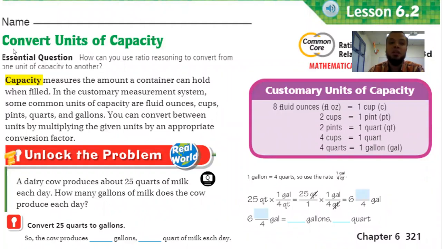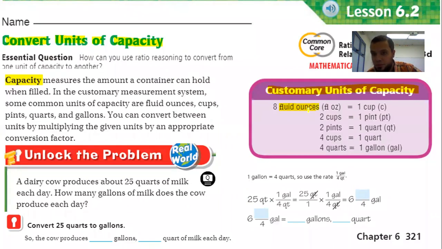As you see, the title is Convert Units of Capacity. So this is our today's title. We're going to talk about units of capacity, right? And how can we convert from one unit to another? In this lesson, we're going to learn the units of capacity. Customary units of capacity, as you see here,